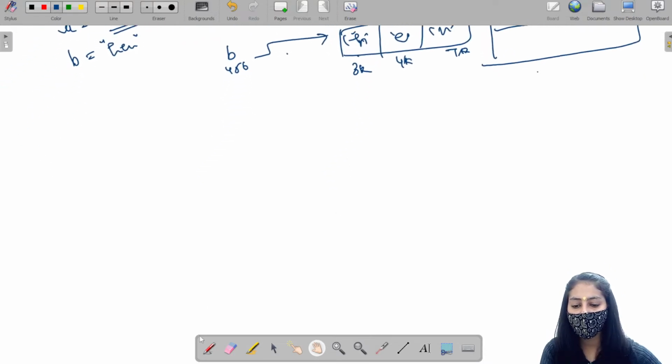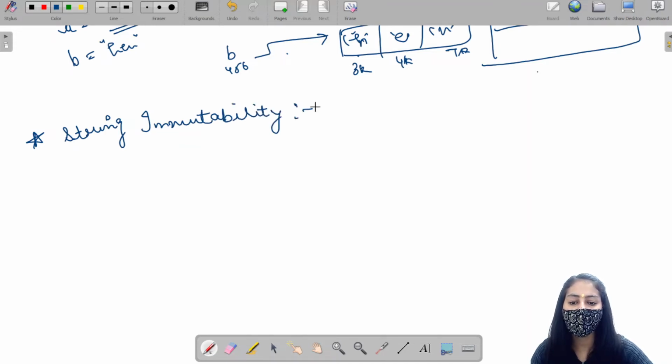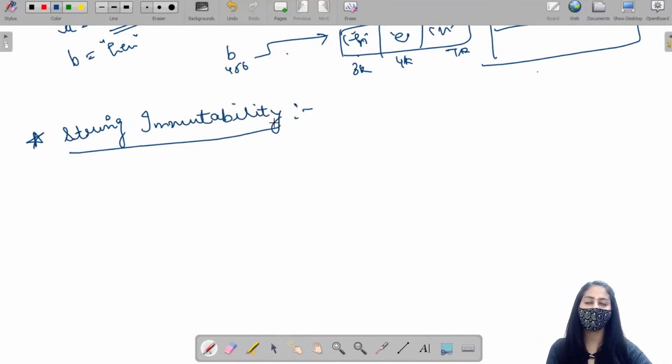Next, let me talk about string immutability. We know that strings are immutable in Python. What is meant by immutable? Immutable means that we can't change the strings.